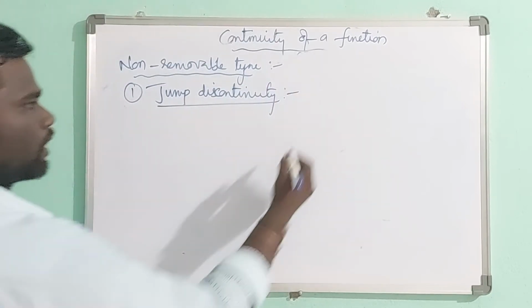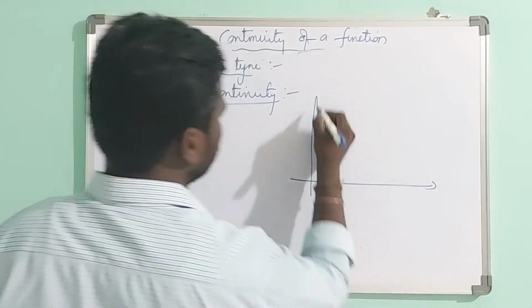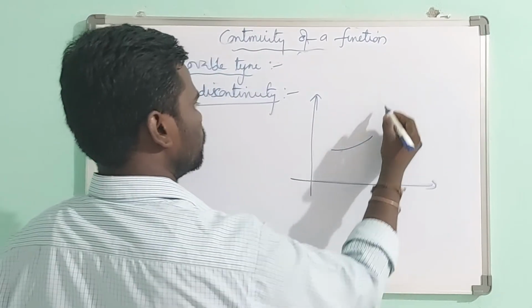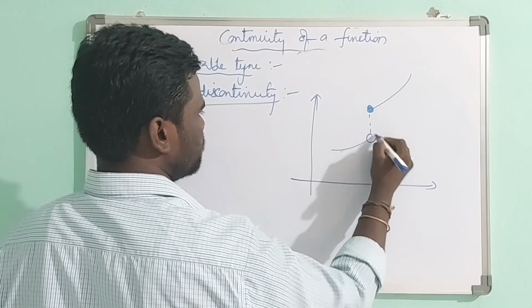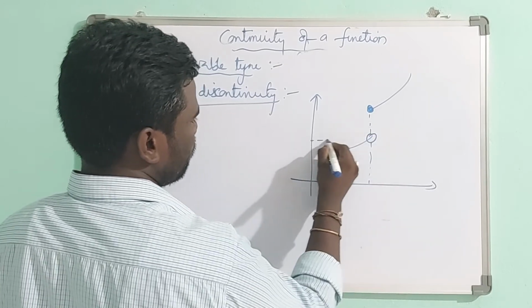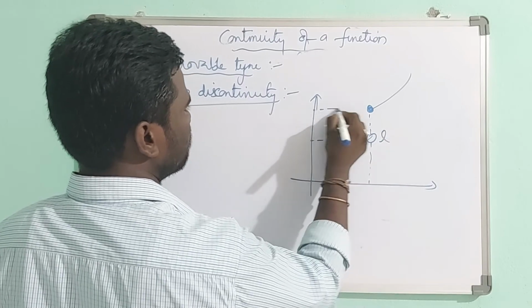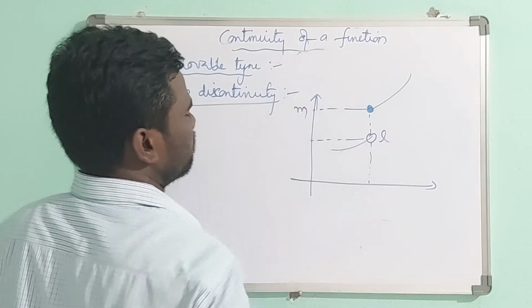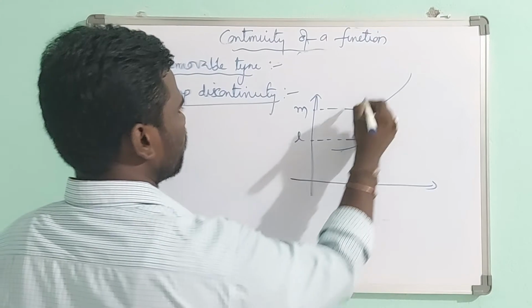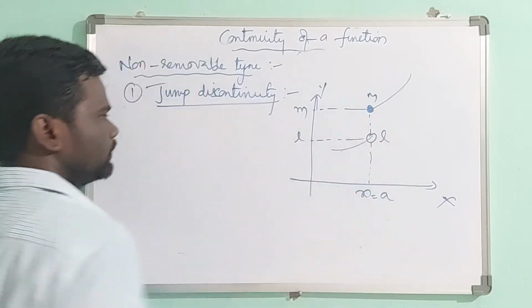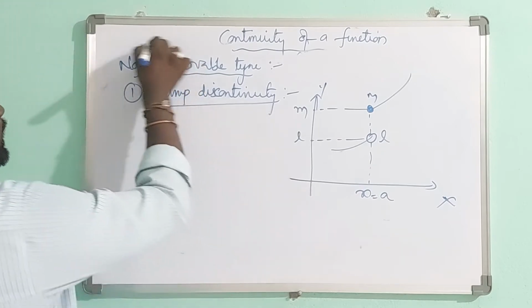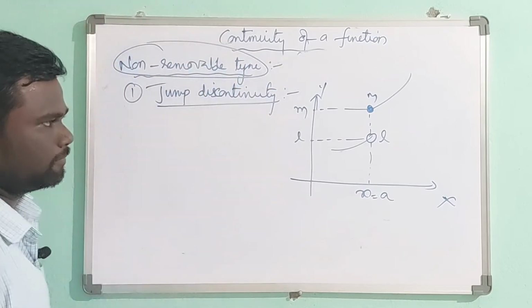Jump discontinuity. This is a very important concept, and we discussed the meaning of jump here too. So here it is L, if it is not equal to M, for suppose at x equal to a. So in non-removable type discontinuity, clearly